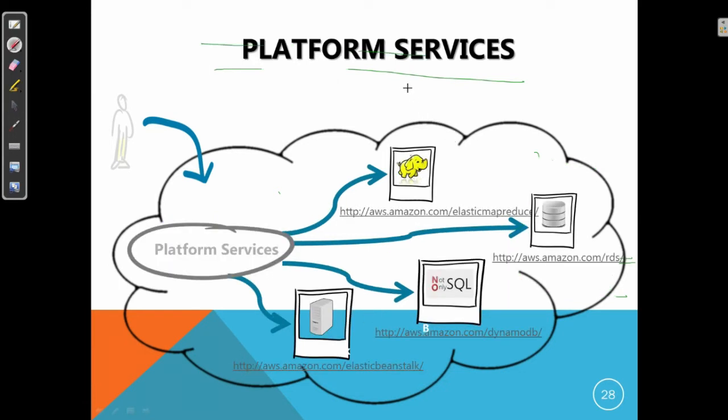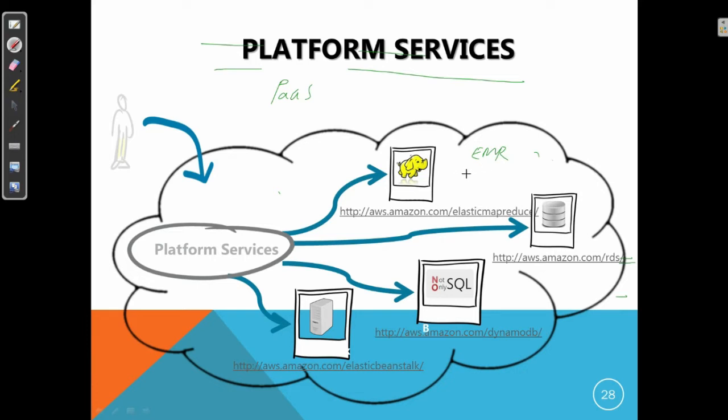Then we have platform services, that is PaaS. We call it platform as a service. So these are the popular PaaS offered from AWS. Among the popular ones is Elastic MapReduce, also known as the EMR service offered by AWS. It's very popular.